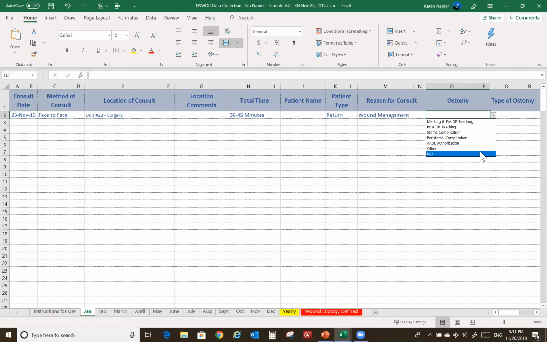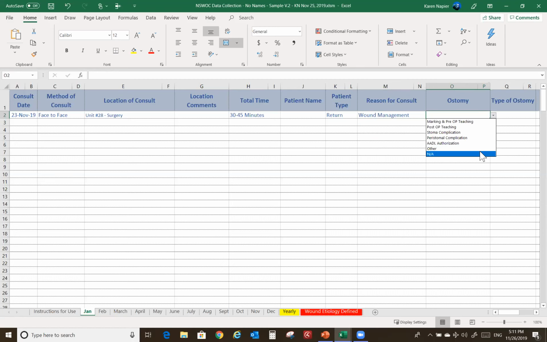So it would depend on how you guys wanted to track that. And then again, you could have a selection there for comments that you could write in. So hopefully that's pretty standard and makes sense to you guys. So just so I can show you what this looks like when there's information here, I'm going to move over